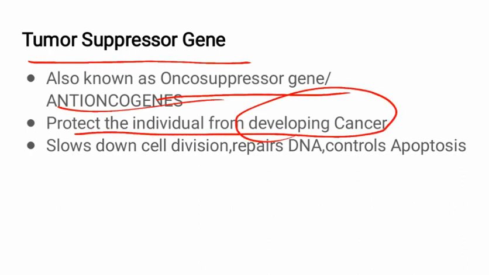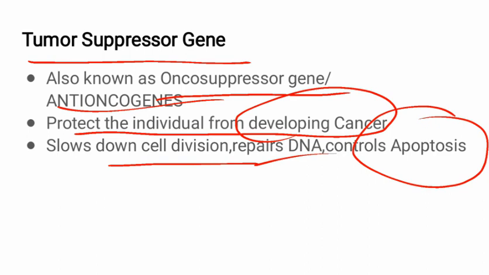This tumor suppressor gene decides whether a cell should continue dividing, or it should stop its division at a particular stage, or it should undergo apoptosis. It is a decision maker on the whole. It will decide whether a cell should divide or it should undergo apoptosis. It can slow down cell division, it will repair DNA, and it can also control apoptosis, which is the cell death pathway,